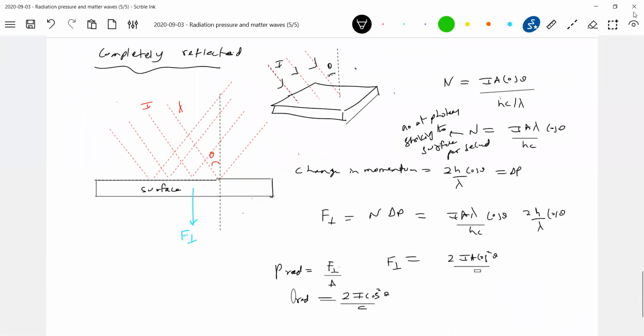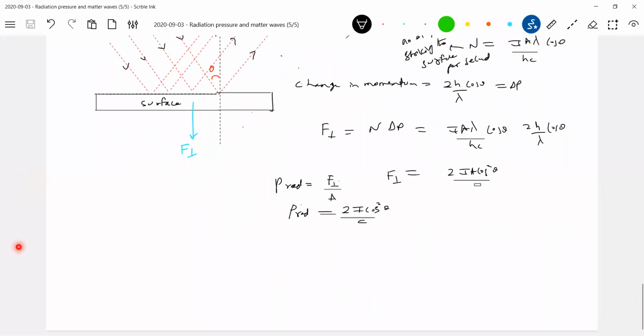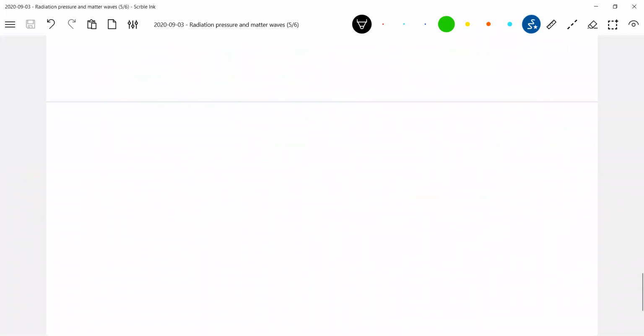So when a beam of light is incident at an angle theta on a surface, and if it is completely reflected, no shearing stress will be there on the surface, or no tangential force will act on the surface. Now, if the same beam of light is incident at an angle theta, partially reflected, partially absorbed, what conditions will come? We'll see here.